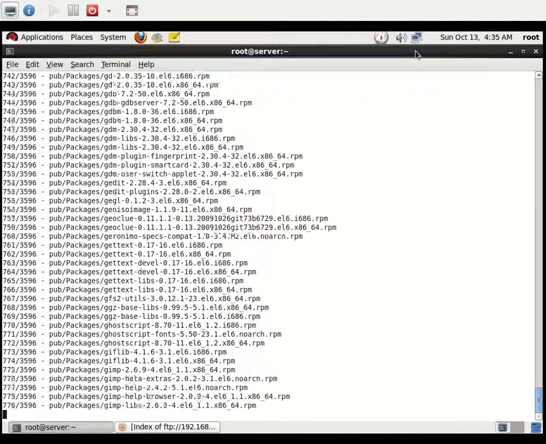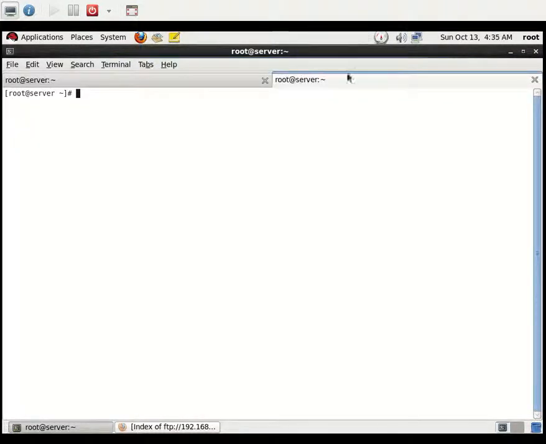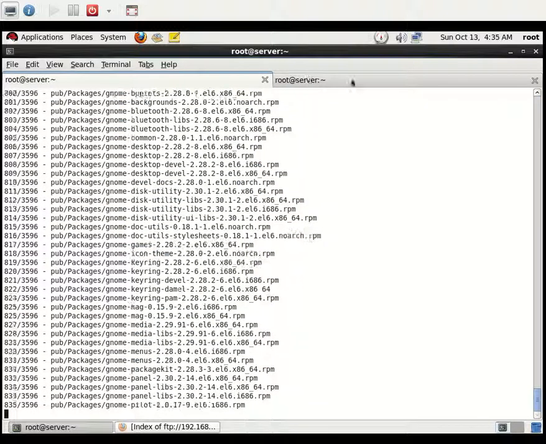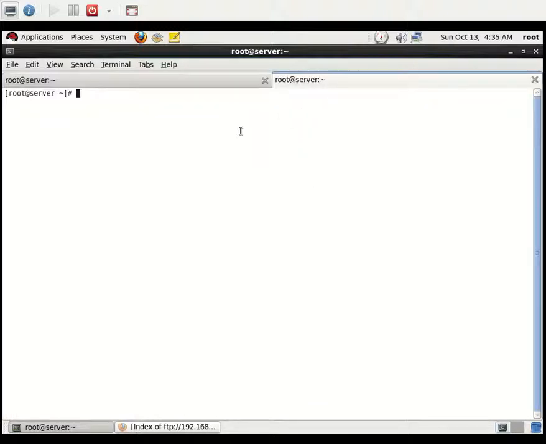For now I have disabled SELinux, so I can set up the FTP a little bit more easily. With SELinux disabled, I created the FTP very easily and can access the folder easily. If not, I would have to set the ACL, booleans and some other commands, which we can see later in the FTP configuration. So I disabled it and rebooted the system. It only takes effect after a reboot.